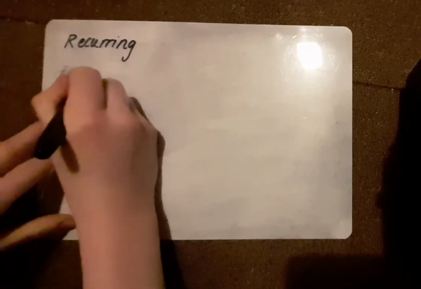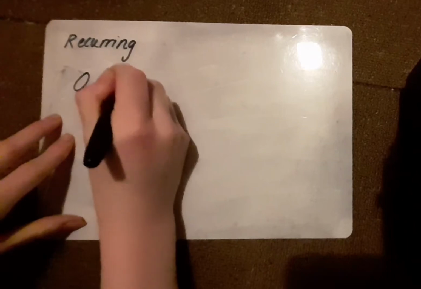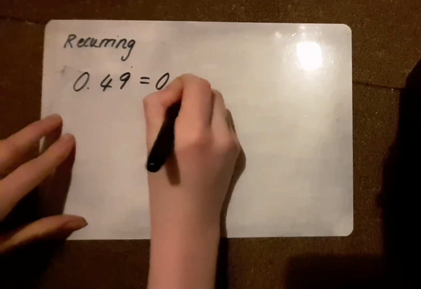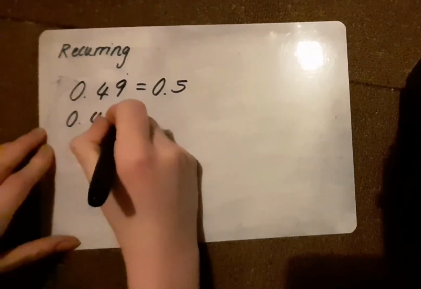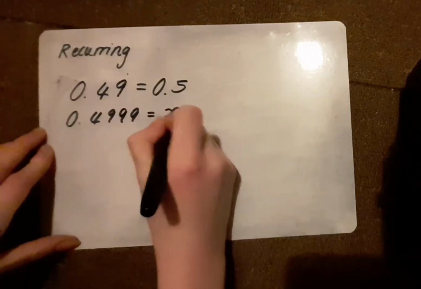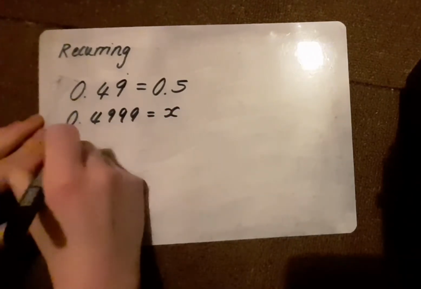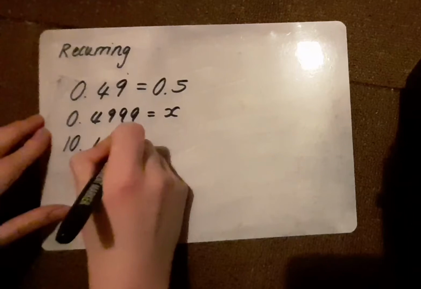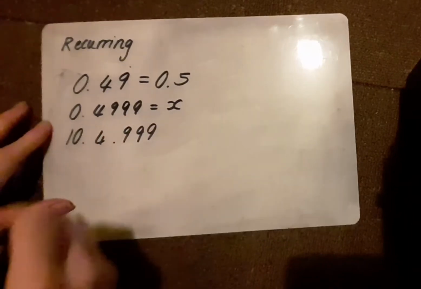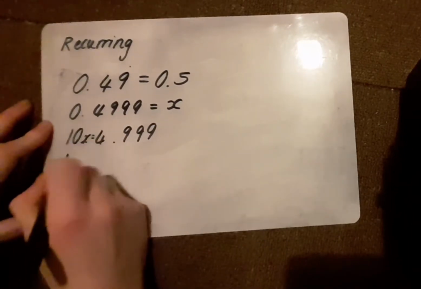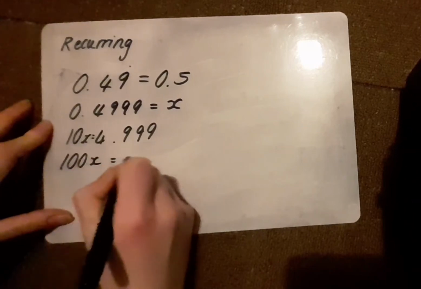So lastly I'll show the maths trick, which also happens to be another example of a recurring decimal. And this will be to prove how 0.49 recurring is equal to 0.5. I'm going to extend the number of 9s to equal x. So for my 10x I'll get 4.999, and for my 100x I'll get